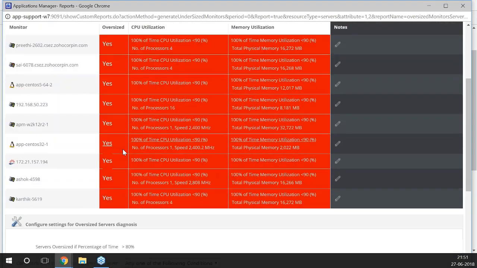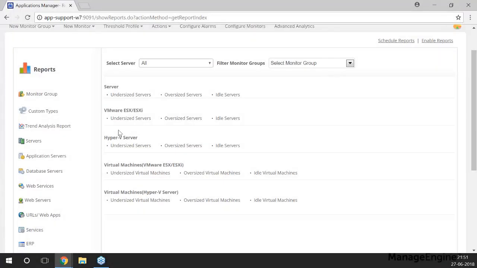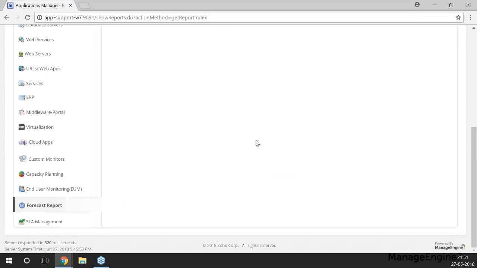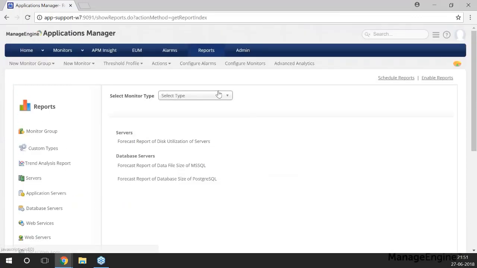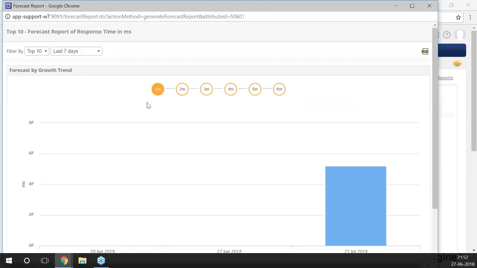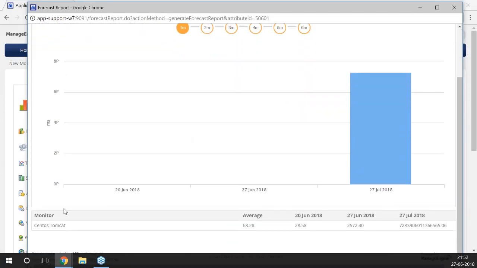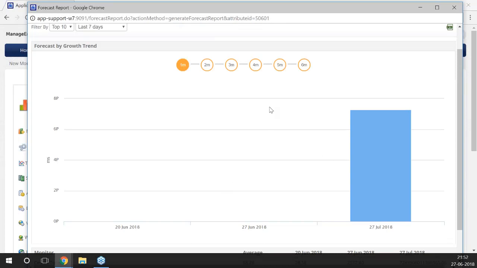So if you look at this now, this is something that should really be of significant worry to any admin, that is having to watch all of your servers being oversized, and this would probably explain a lot of performance issues that spring up time and again. So let me just quickly walk you through the forecast reports. Again, choose your particular monitor group, monitor type, select the particular attribute, and as you can see here, for that particular attribute of that particular monitor type, that is the Tomcat, I believe I had selected, you see that this is the trend for 1 month,